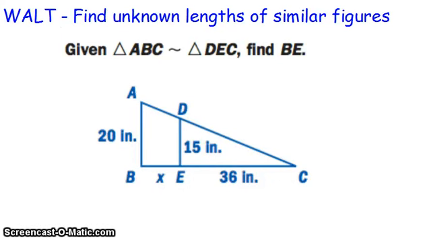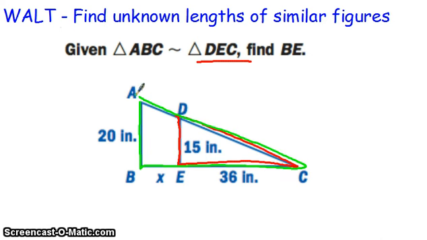What we're trying to do in this lesson is find the unknown lengths of similar figures. So they're telling us we've got two triangles. The first triangle is smaller. It's triangle DEC. And the second one is larger, and that's the entire triangle, and that goes A, B, and C, and back. So what they're saying is those two triangles are similar, and where that leaves us now is